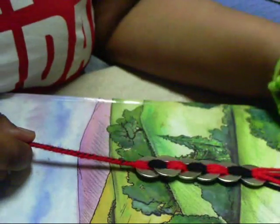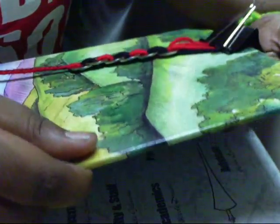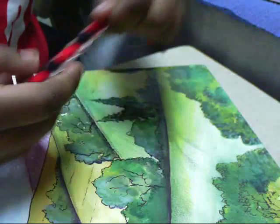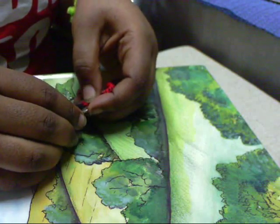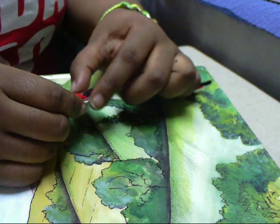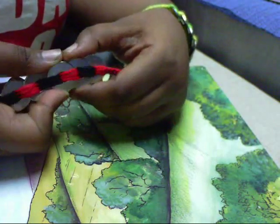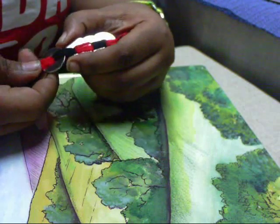Alright, now you can unclip, undo everything. Rubber band, take that off, and unclip from your book. And I'm just going to flip that over. Now I'm going to do the design that I originally planned to do, or pull it down into the design that I originally planned, which was each one overlapping over the one before it. So I'm just going to pull it down and then gradually tighten as I get farther up